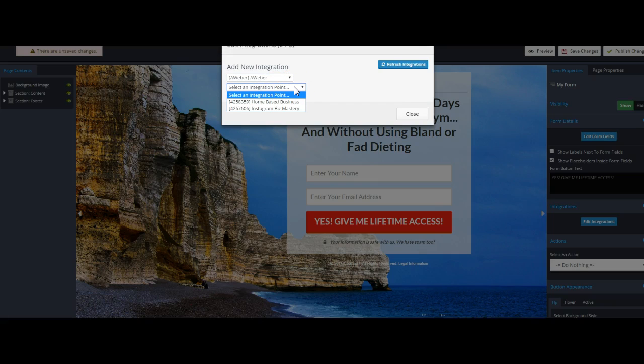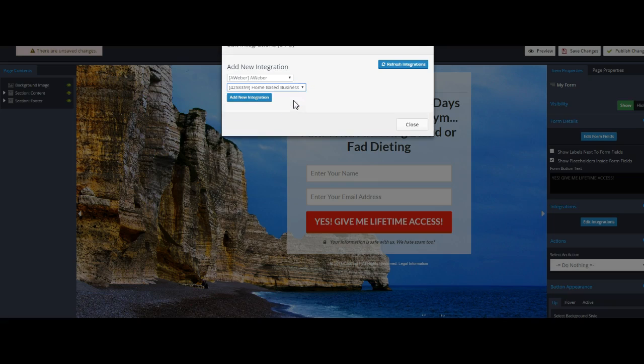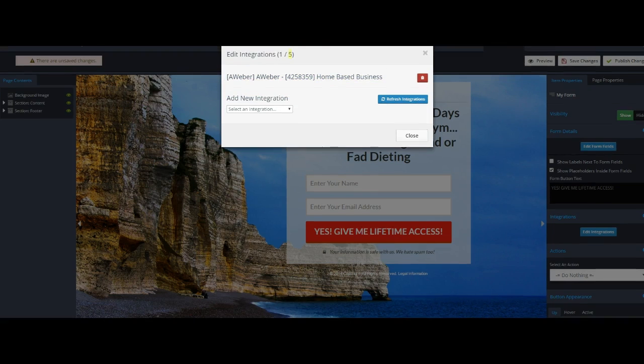So I'm not marketing to any health and wellness people right now. I market to home-based business professionals, but I'm just going to use this as an example. And what you'll see when it pops up here, let me scroll this up, you see that you have 1 of 5 integrations that are possible. So that lets you know that it's integrated. So when I send this to Jack, he is now on my newsletter list, and I have permission to market to him through that means.